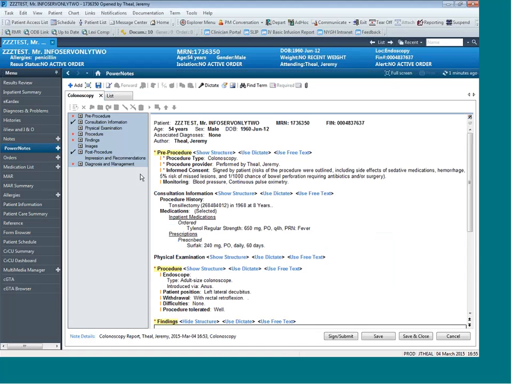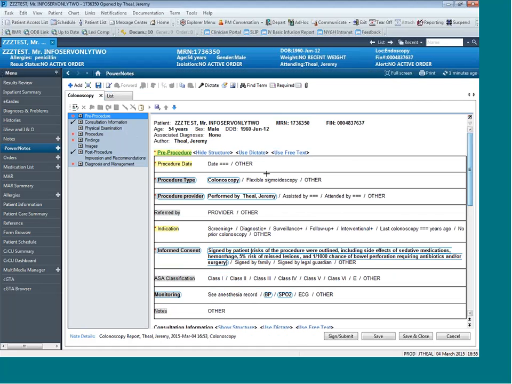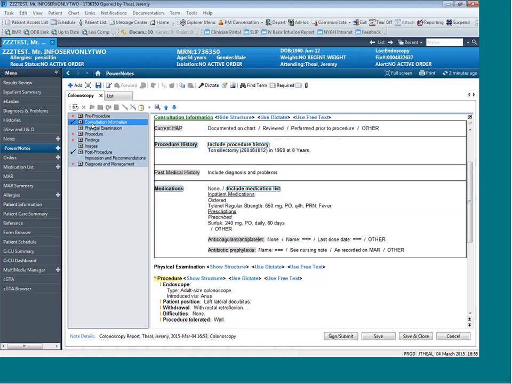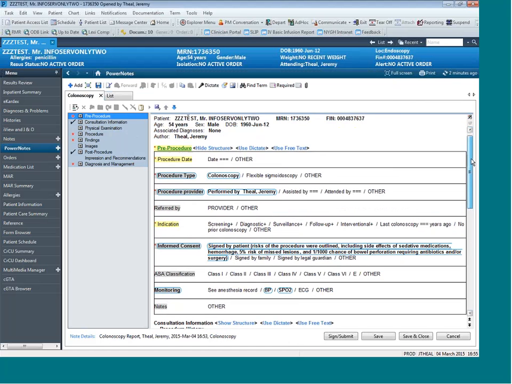All right, so now what we're seeing as the note opens up, on the left-hand side, you will see some areas. They're kind of the table of contents of the note. And the note is basically set up to work in the same way that a physician would typically document this sort of procedure. And on the right-hand side is the details of each of those sections of the note. The sections that have check marks mean that there were some mandatory fields that I've already completely filled out, and the ones with red stars show me that there's some areas I have yet to fill out in order to